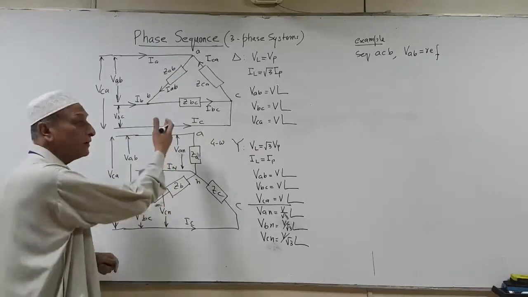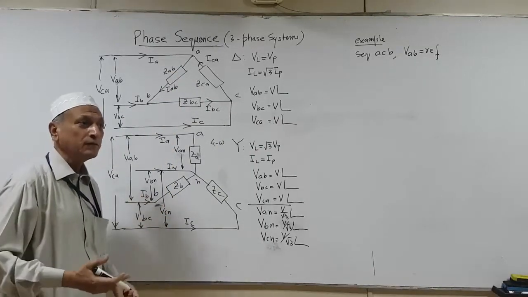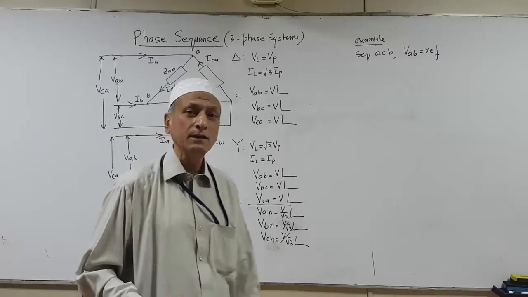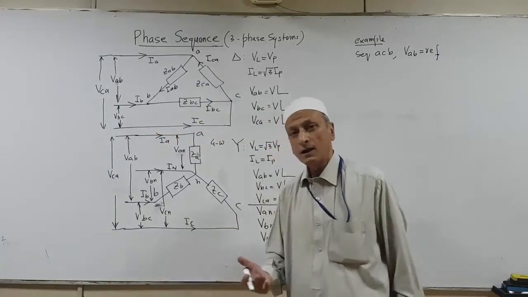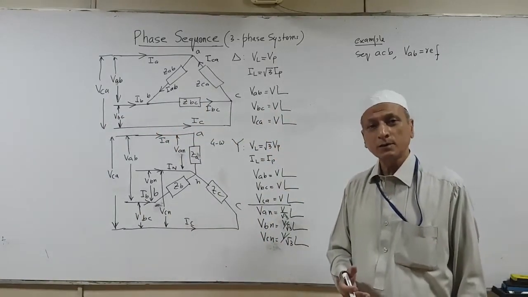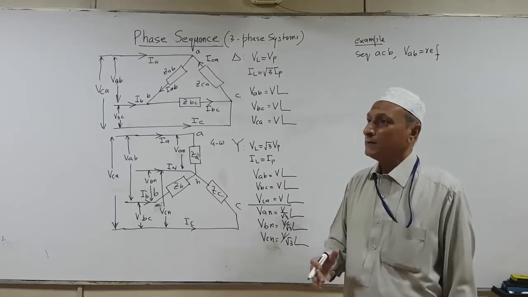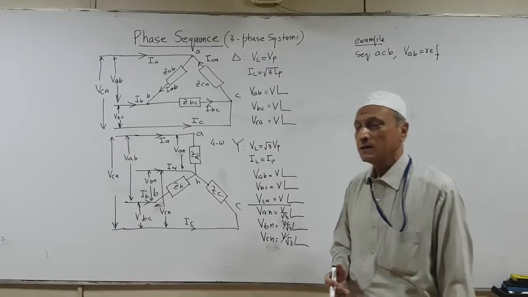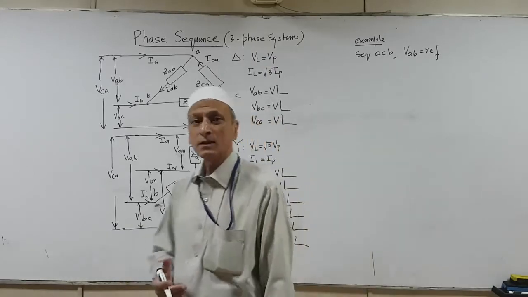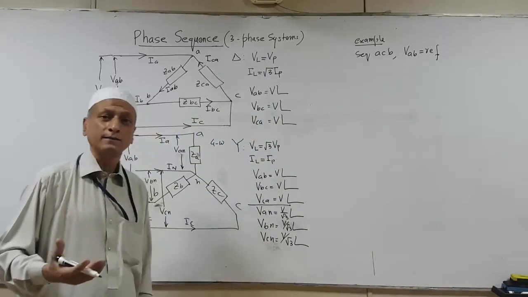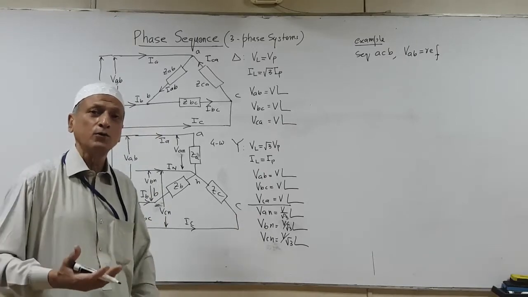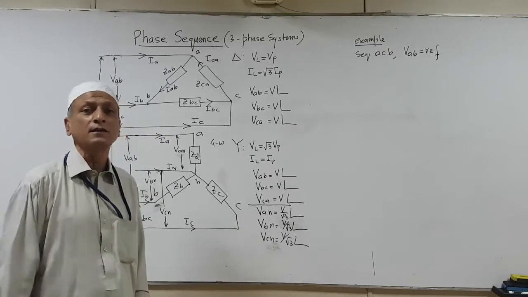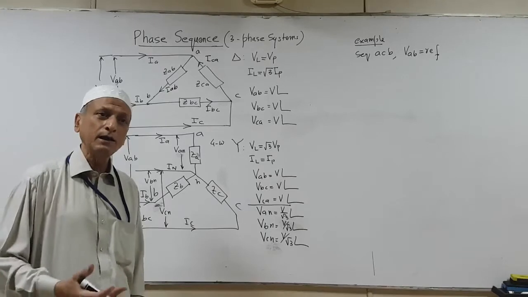First of all, let us discuss what three-phase systems are. Three-phase systems are basically used in our power system networks. For example, when we are talking about transmission of power from the generating station towards the load center, we use three wires. These three wires can be connected either in star or delta depending upon the requirements.